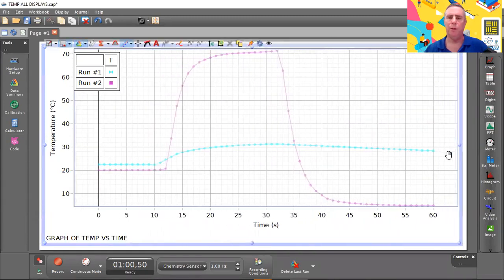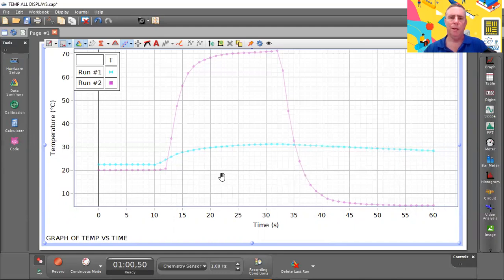we can look at it properly, you can see the first readings were the blue one where I just heated it with my hand. The second one, the purple one, I allowed it to heat up in the hot water and then to cool down in the iced water. So what we can see very nicely is the different rates of heating and cooling. You can see from my hand, the rate of heating was very slow, and therefore the gradient of this line was not very steep. The rate of cooling was even slower, so the gradient of that line was even less